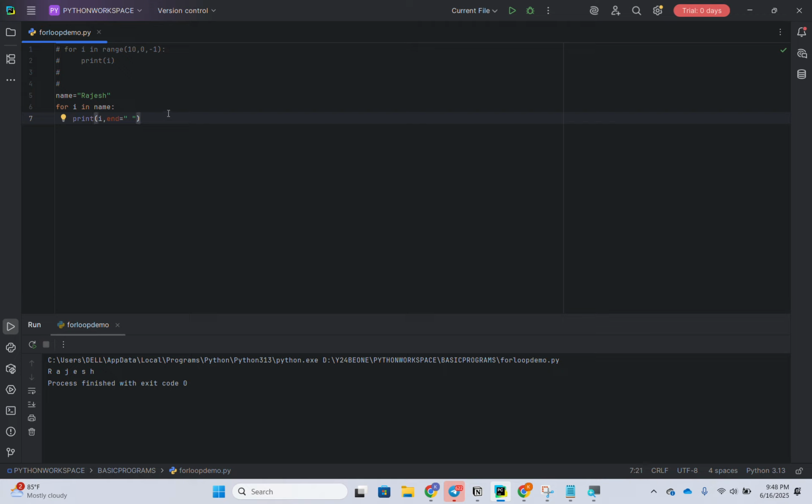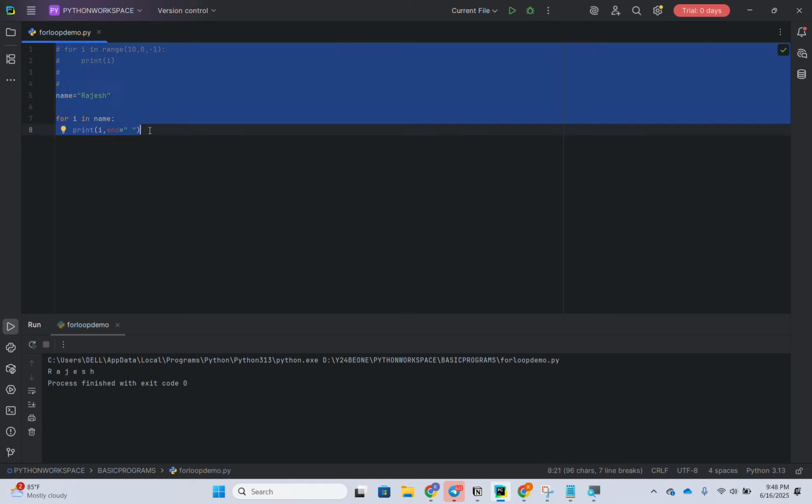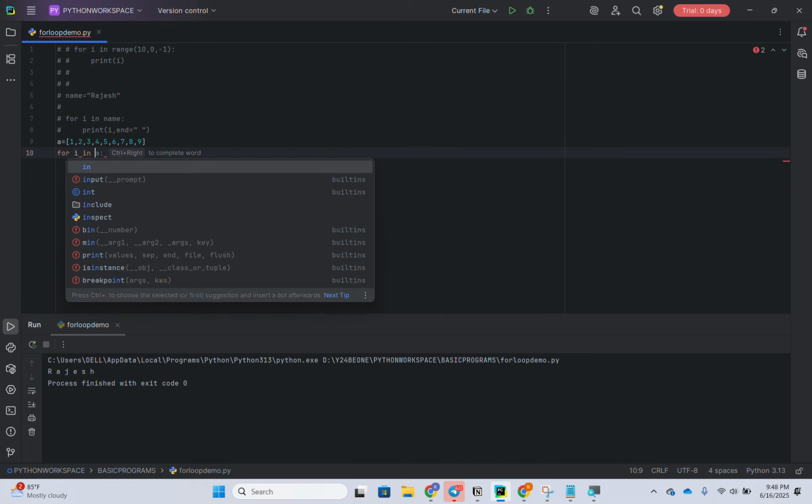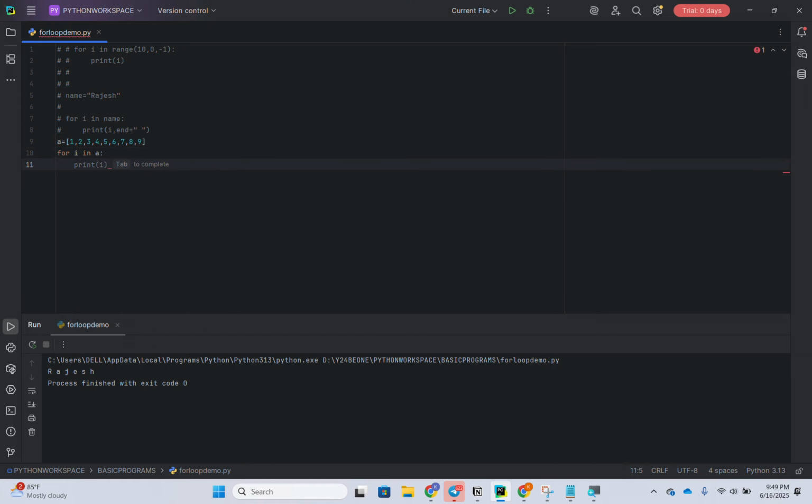Similarly, it is not only for names. In coming sessions I'm going to discuss list, tuple, dictionary and set much more clearly, and I'll show examples. So for as of now I'm going to take a small example. Just understand, don't worry. So I'm taking a, okay, it is giving 9 numbers. We'll take 9 numbers, for i in a, print